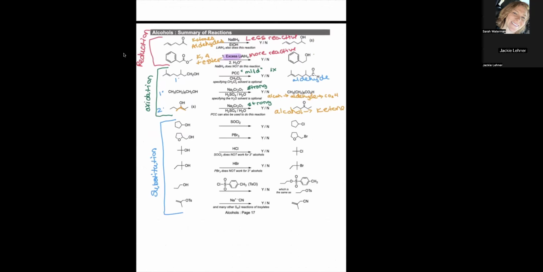It's the same concept as the other one. I don't know exactly. Yeah, because remember these are bulky, right? So SOCl2 and PBr3, they're bulky, so that's why you can't do it, and they operate through SN2. So it's a concerted reaction. So you literally can't do it through a third degree, a primary. I guess maybe